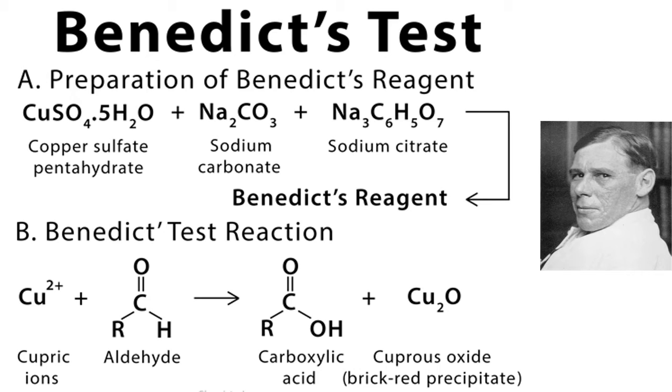Okay, so Benedict is also a scientist. So here is a photograph of Benedict, right? Actually this man prepared his reagent solution known as Benedict's solution. And what is Benedict's solution? It is almost the same as Fehling's solution. There it was sodium hydroxide and tartrate. Here it is sodium carbonate and citrate. A small difference, okay. But both will give the same result, red precipitate with aldehyde.